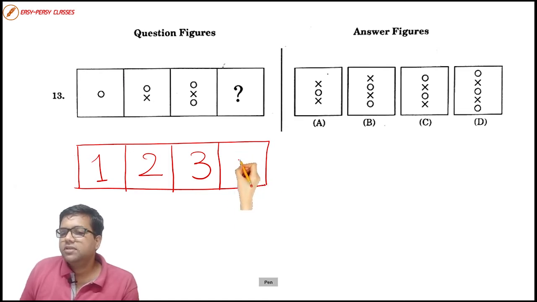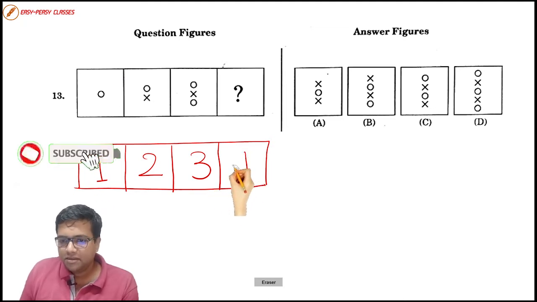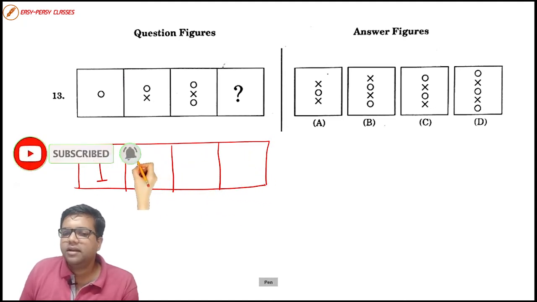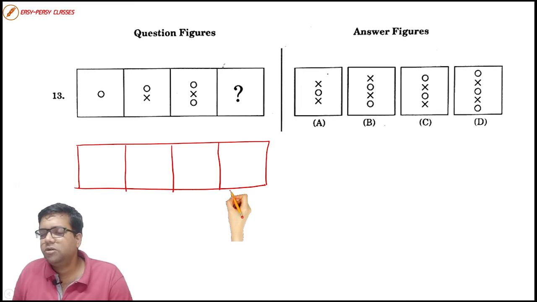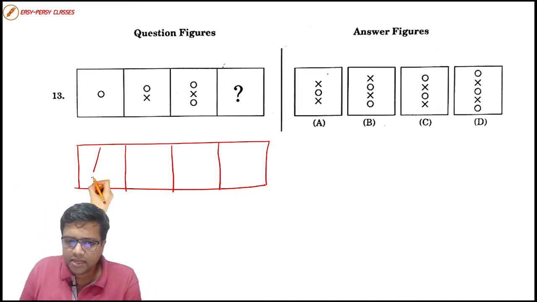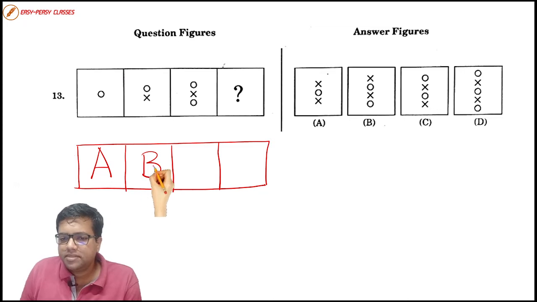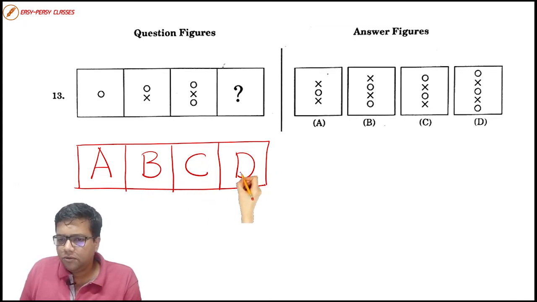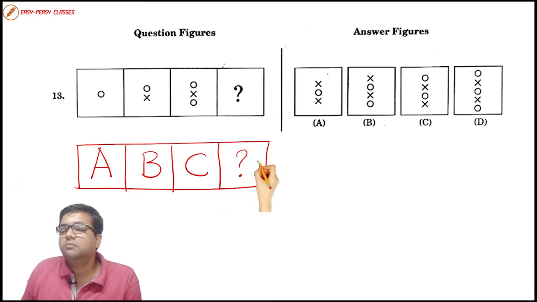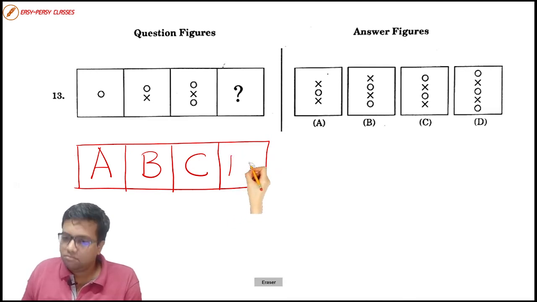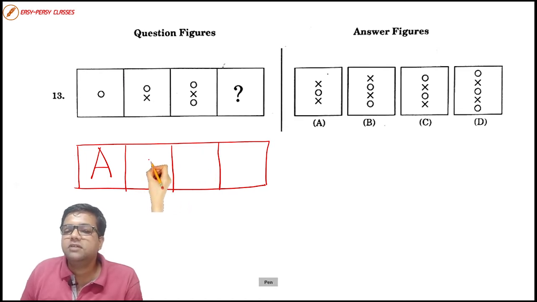You would say obviously the number is going to be 4, right? Because the natural numbers are getting placed in a sequence, you would obviously say the 4th box is going to be 4. Suppose I say the first box is A, second is B, third is C. If I place a question mark over here, what would you place in the 4th box? You would obviously place D as your answer. Exactly, right? So you understand there is a sequence going on here.